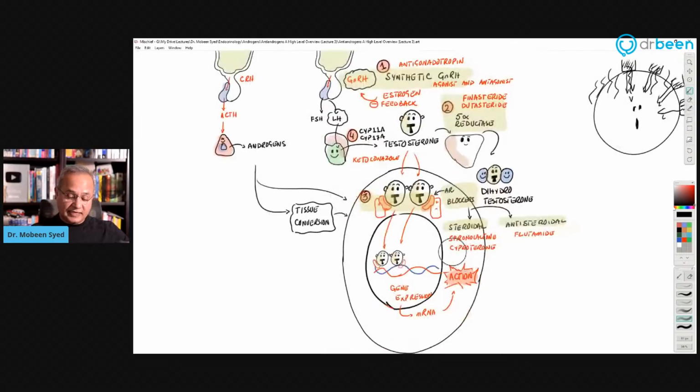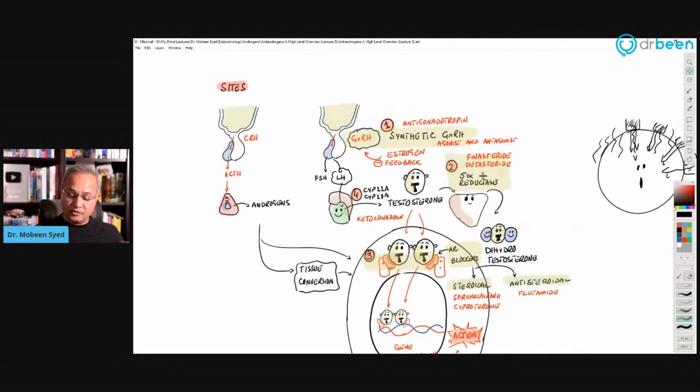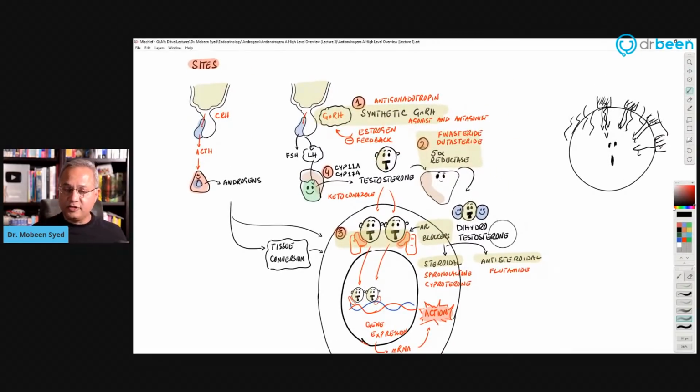So now think about this for a second. This is the talk for today. But I want to now discuss some of the therapies and how they are given. Imagine there is a patient with prostate cancer, and we have decided that we are going to give them synthetic GnRH. That is usually the first line to administer for such patients. Now we have a problem. When you administer synthetic GnRH, for the first 1 to 2 weeks there will be a surge of steroids,